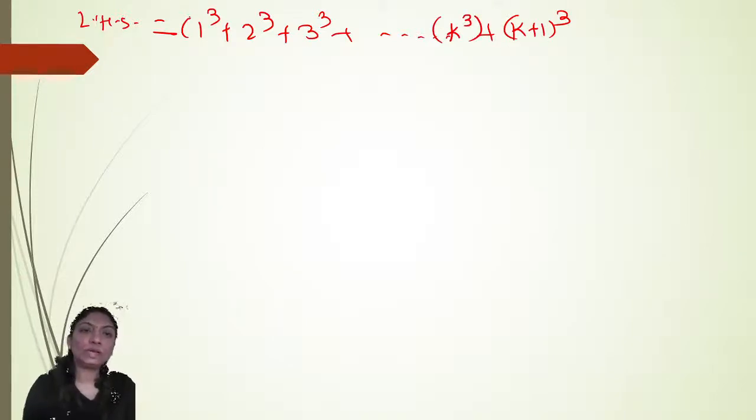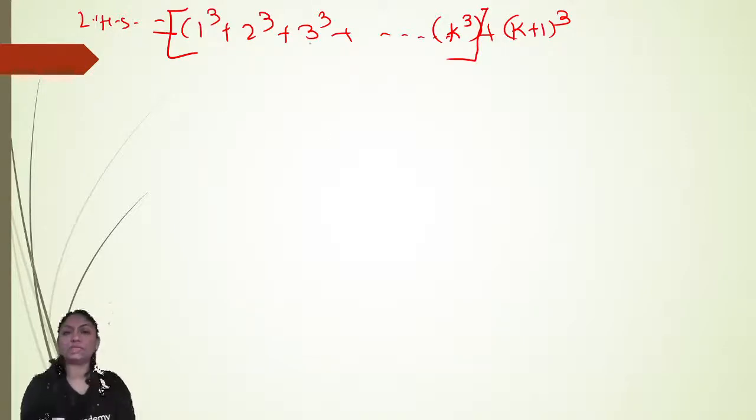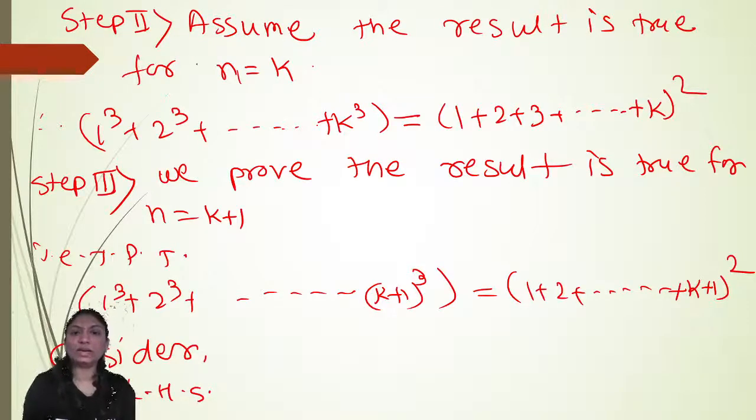As we know that the result is true for n is equal to k, up to this step, 1 cube plus 2 cube plus 3 cube and so on up to k cube, the result holds for n is equal to k. Instead of this, we can write here (1 plus 2 plus 3 and so on) bracket square, that is k square, right? So we will get here